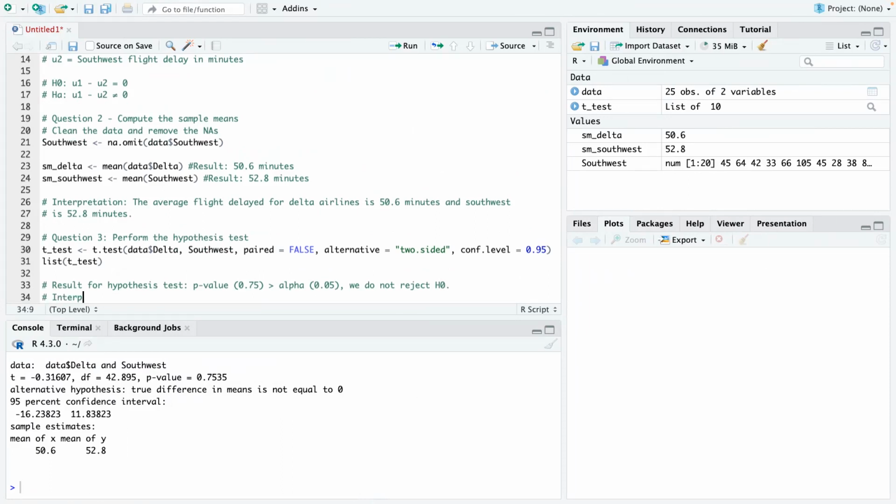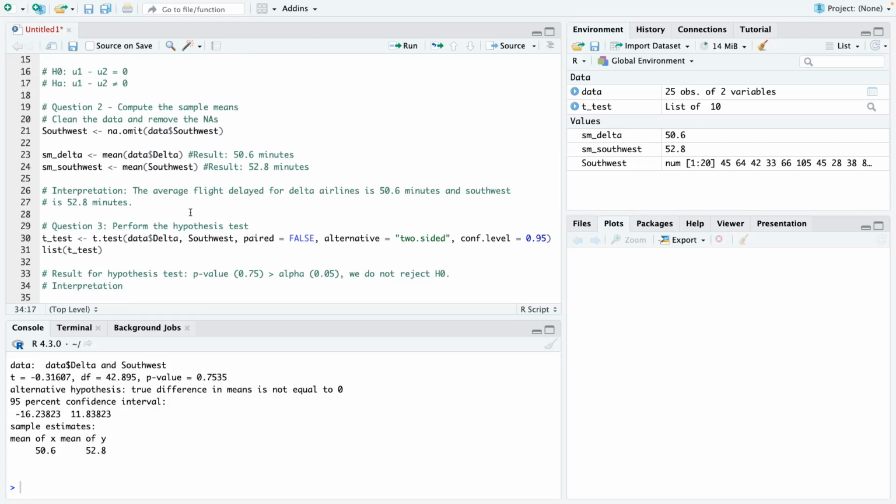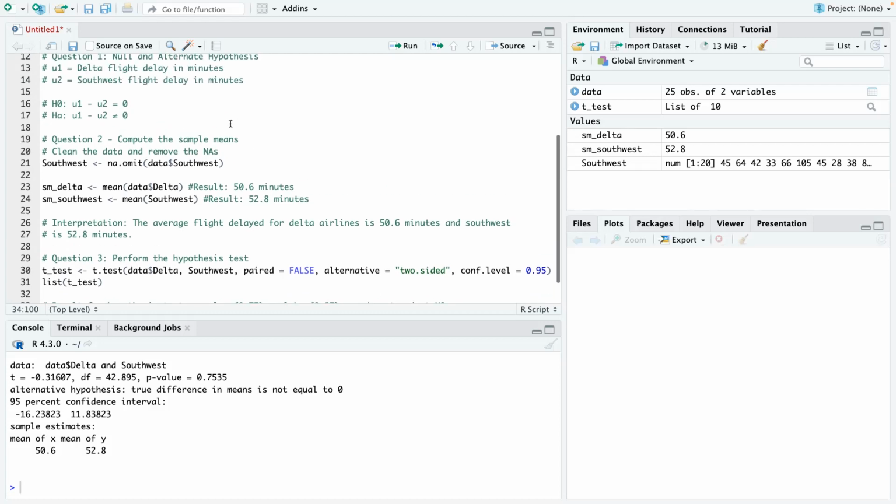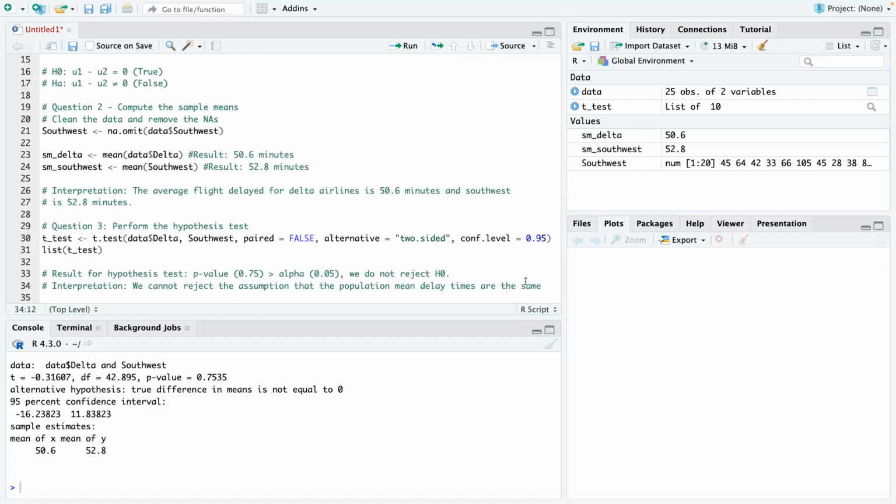Basically, the interpretation is that because 0.75 is greater than 0.05, we cannot reject the assumption that population mean delay times are the same. So when we say we do not reject, what we're saying is that this is true and this here is false. So when the population mean delay times are the same,